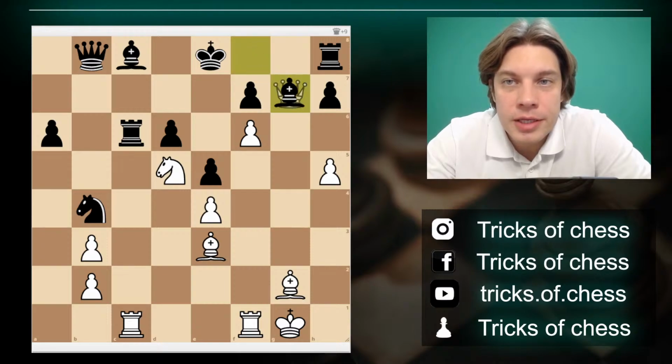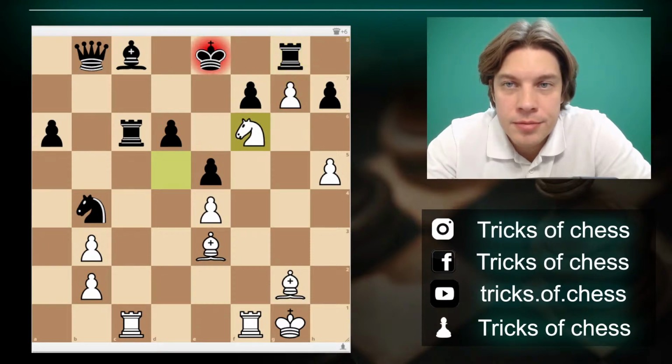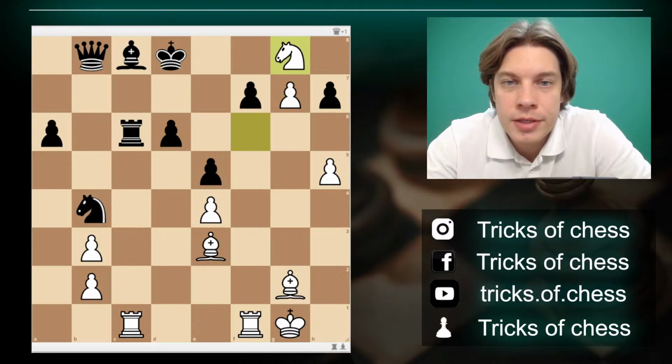Because if now they take, I take with the pawn, and after this move I fork them. They move the king to d8, because if they move to e7, I capture with a check. So king d8, I take there. This is a check, and then I'm threatening with this, this, and this. For example, rook c1,